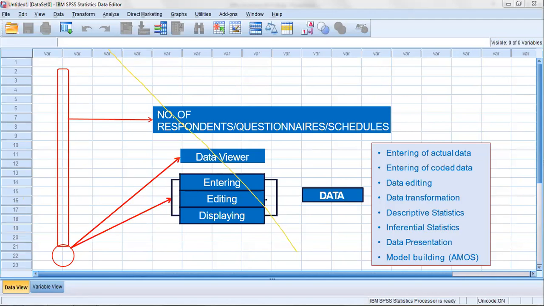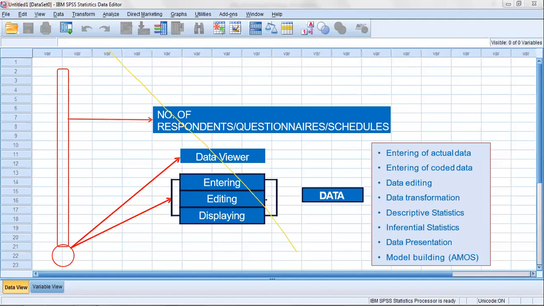If we take a questionnaire from each respondent, we can enter the details of each respondent under each variable.